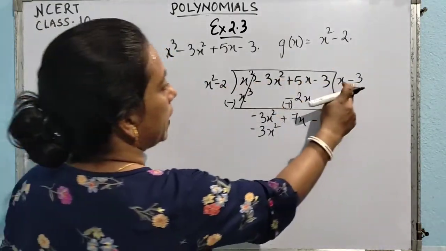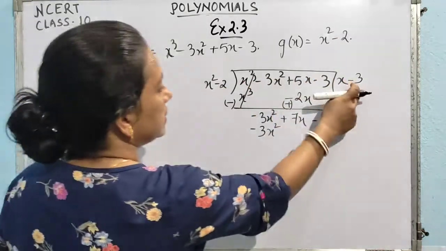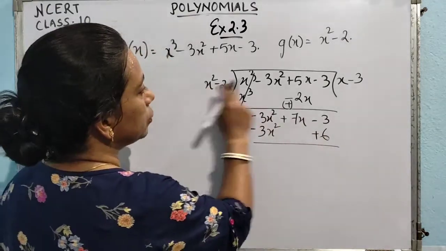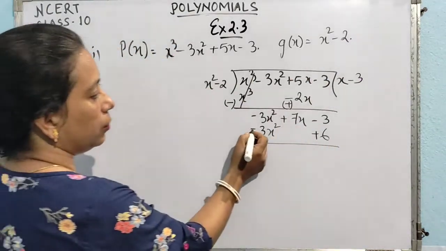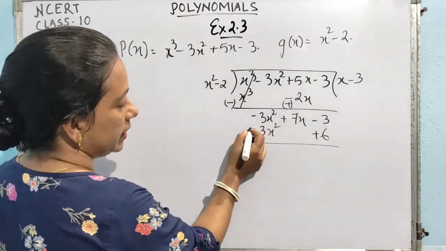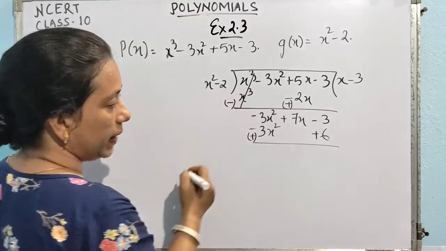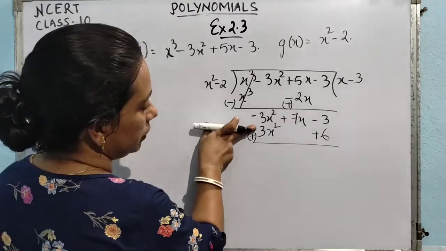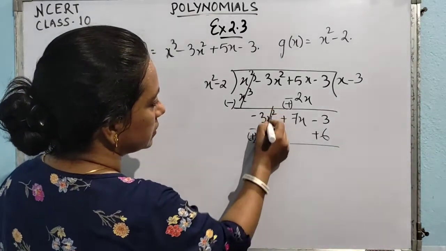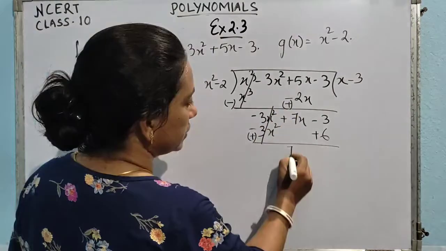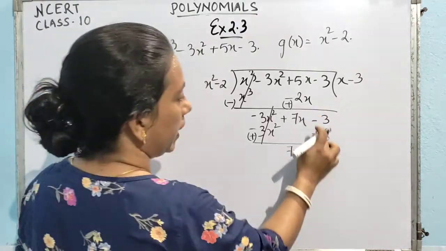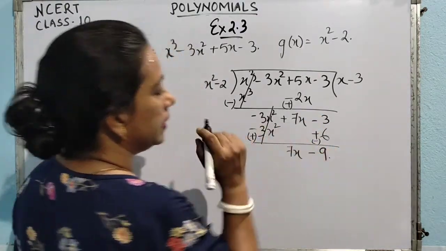Now minus minus plus, 2 3s are 6, so where to put 6? Here, plus 6. How plus 6? Because minus into minus is plus. Now I told you that you have to give the opposite sign which is lying here. It is minus, so the opposite sign will be plus. So we will consider this sign only. We will have to forget about this particular sign. So plus 3x square minus 3x square, 0, cancel. 7x will be coming downward. Here it is plus, means we have to give the opposite sign, minus. So minus 3 minus 6 is minus 9.